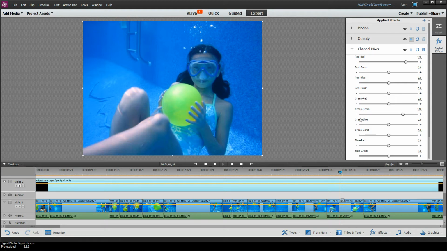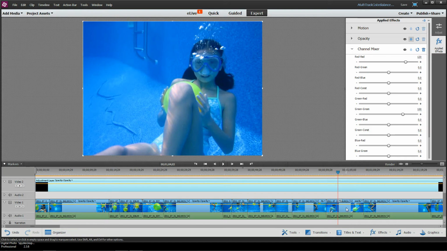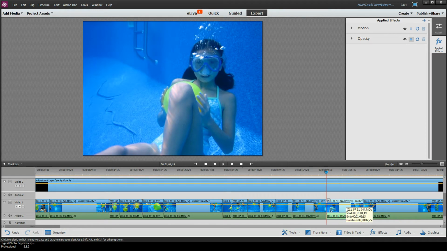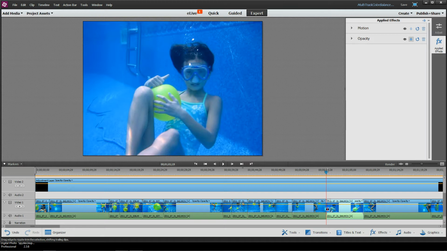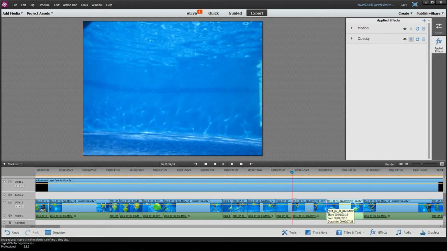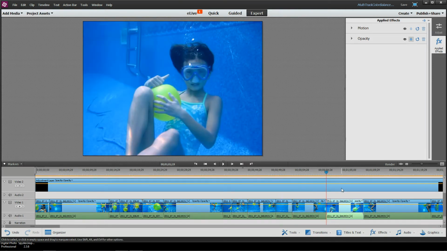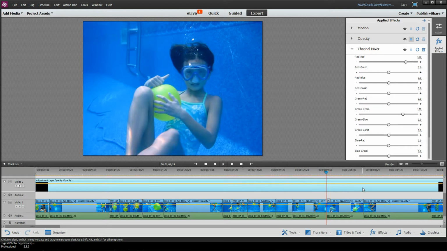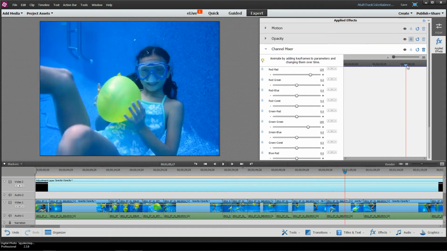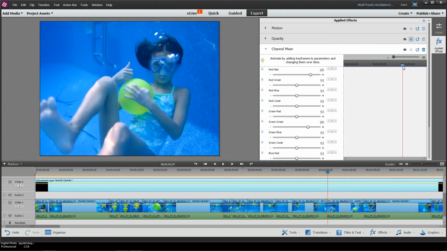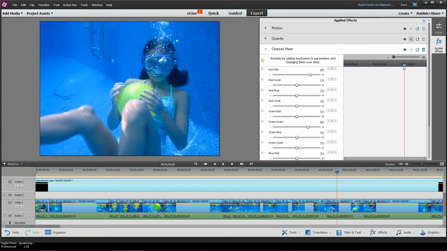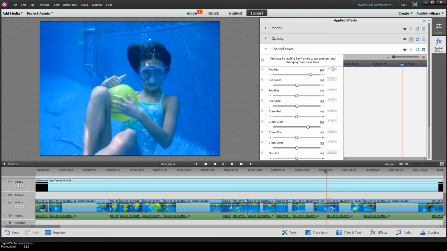So what we're going to do is get to the beginning of that clip and just hit the page up key. Even though I selected it here, you don't have to select it, just hit the page up to go to the beginning of the clips, or the page down. Then with my adjustment layer selected, I'm going to hit this little show hide keyframe control, and it's going to bring up a timeline type control that allows me to set various values at that point in time. So for example, I'm going to remember this setting here, so I'm going to click a little stopwatch, and it's going to be 120.